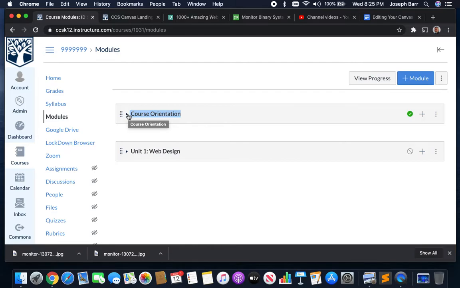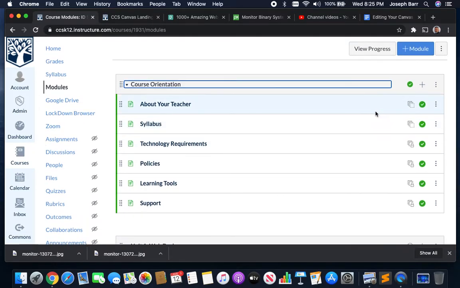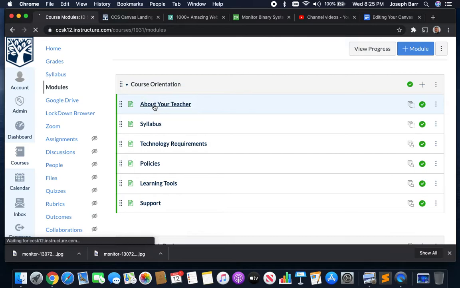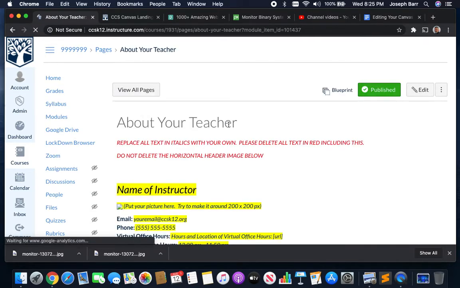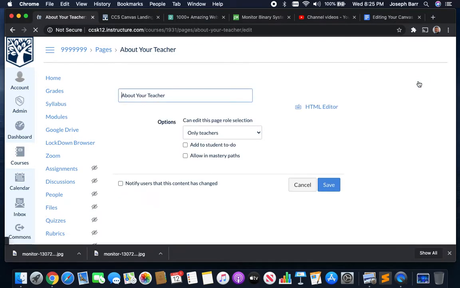So the first thing we're going to do within the course orientation module is we're going to begin to change some information in the pages that are not locked. You will notice that the only two pages that are not locked right now are the About Your Teacher page and the syllabus page. We have already done most of the work for you in formatting the About Your Teacher and your syllabus page, so we'll go ahead and click on that right now, and you will see what that format looks like. So the first thing we're going to do is to go ahead and click on Edit,